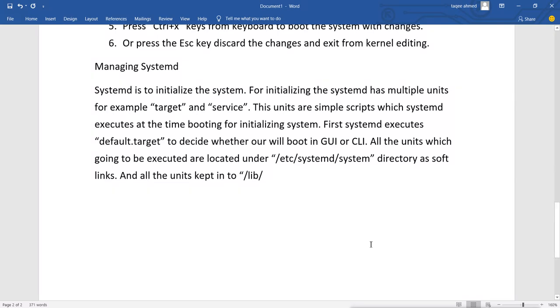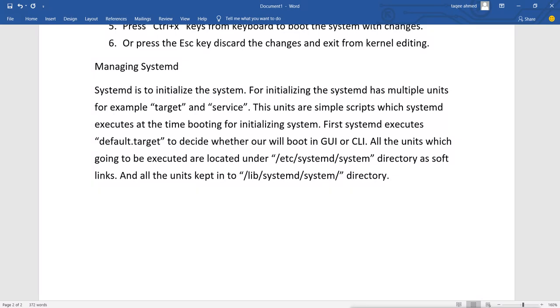I will show you the path. So all the units are kept in this directory, so that not every script will execute when our system is booted.